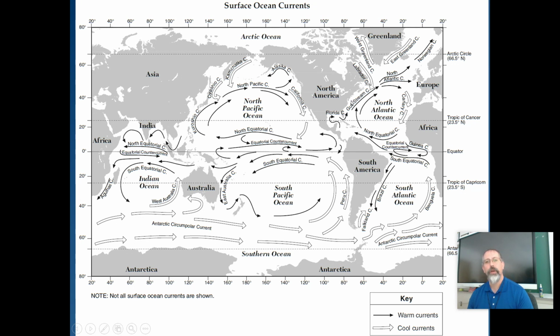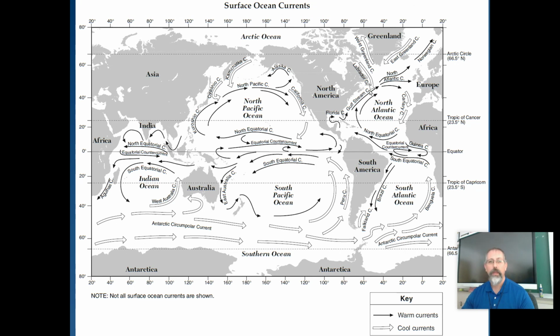The Gulf Stream going off the shore of North America and taking warm water into the North Atlantic keeps areas that are influenced by it warmer than they would be otherwise because the ocean and water holds a lot of energy and it can move it around very effectively. So we'll go into more about the specifics, but generally speaking, ocean currents are pretty straightforward. Warm ocean current keeps you warm, cold keeps you cold. End of story.